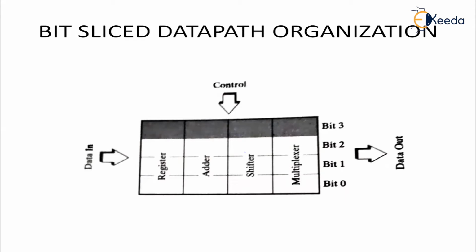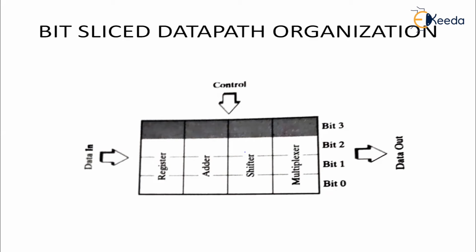See, bit 0, bit 1, bit 2, bit 3. Consider this is a 4-bit word. My data path is being sliced into 4 bits and the operation will be carried out on each bit, and not on a particular word. All the operations will be carried on a particular bit, so my data path is completely sliced. If it is an adder, my addition will be carried out in bit 0, again on bit 1, and again on bit 2. So all the slices need a particular circuitry named adder if my operation is addition. This is nothing but the bit slice data path organization.